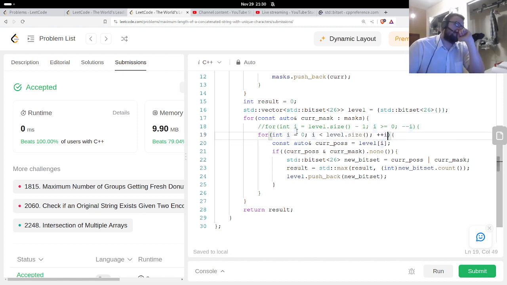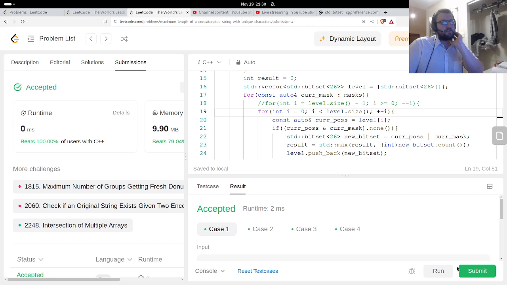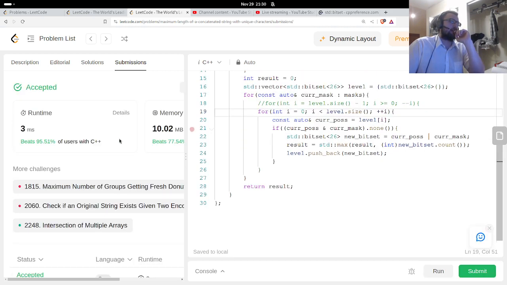Actually, yeah, this should be fine. I think this still works. It's slower though. Let's see if it still works. Yeah, it's just slower. The reason it still works is because of this if statement. You're basically taking something you just added and trying to add it again. Even if you process it a second time, it won't create the new thing.